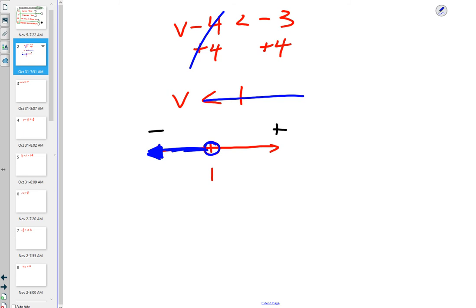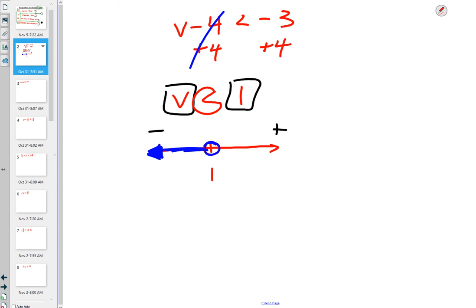So the only justification that always works, and it lets me show off my artistic skills, is this. I still remember when I was in elementary school, the first time I ever met eyes with an inequality, my teacher taught me that it's an alligator mouth. And the alligator has two choices. Alligators are hungry. They have big chompers. So if you give an alligator a choice, it's always going to pick the bigger of the two. Now, I don't do a very good job of drawing alligators. But an easier thing to draw is